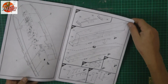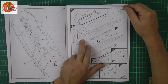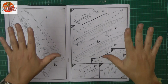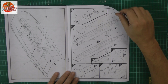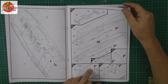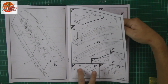Okay, so there we go, nice big scene for you to do. Are we going to do waterline? Yes, you do have the option for a waterline, which is very nice. When we say waterline, it means you can do the whole hull, or you could place it onto a diorama, so you don't need the underbit, and you don't have to cut a massive hole in the bottom of your diorama to fit it in. So you do have the options for those, and obviously if you're going for the full hull, you've got the stabilizers and the shafts and rudders coming out the back,